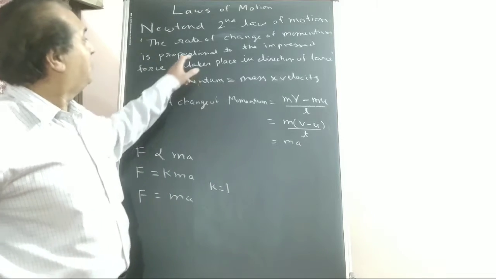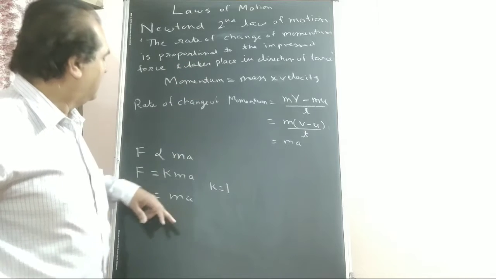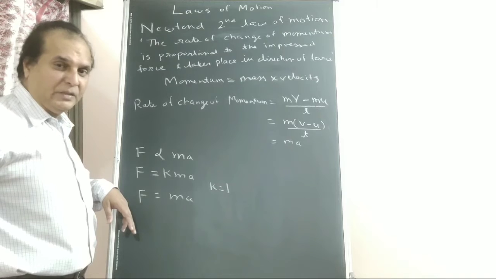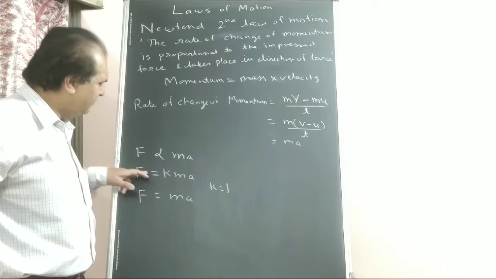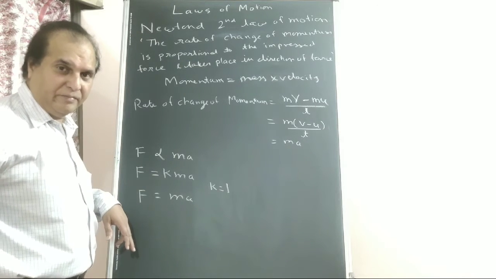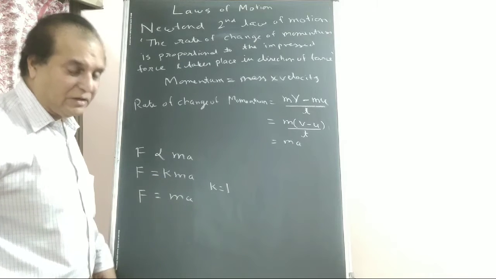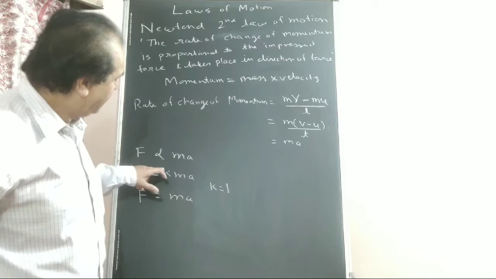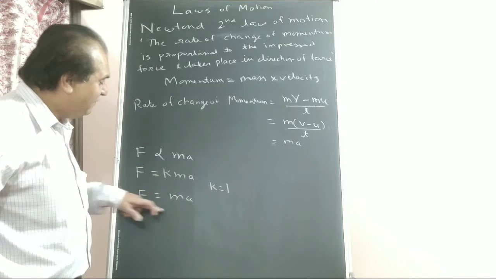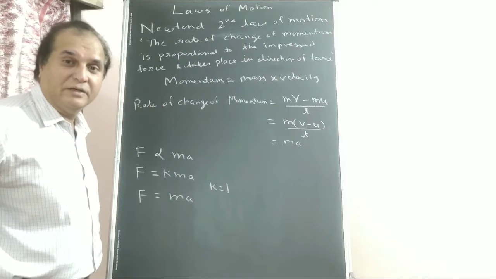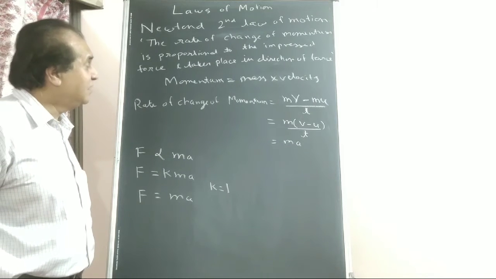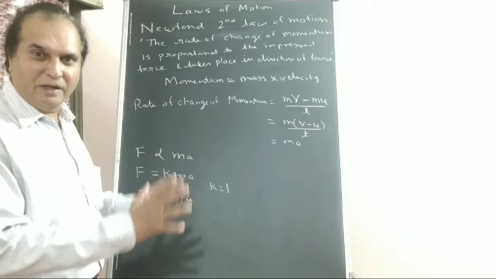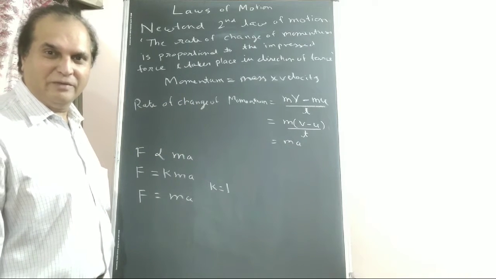What Newton said is that it is proportional to the impressed force. So force F is proportional to ma. Okay, we will put some constant. So F equals k ma. But k is 1, the constant of proportionality, later found to be unity, 1. If k is 1, 1 into ma is ma. F equals ma. This is the force equation. The question may come: derive the force equation. You have to derive this equation only. Write properly, the proper statement from the textbook.